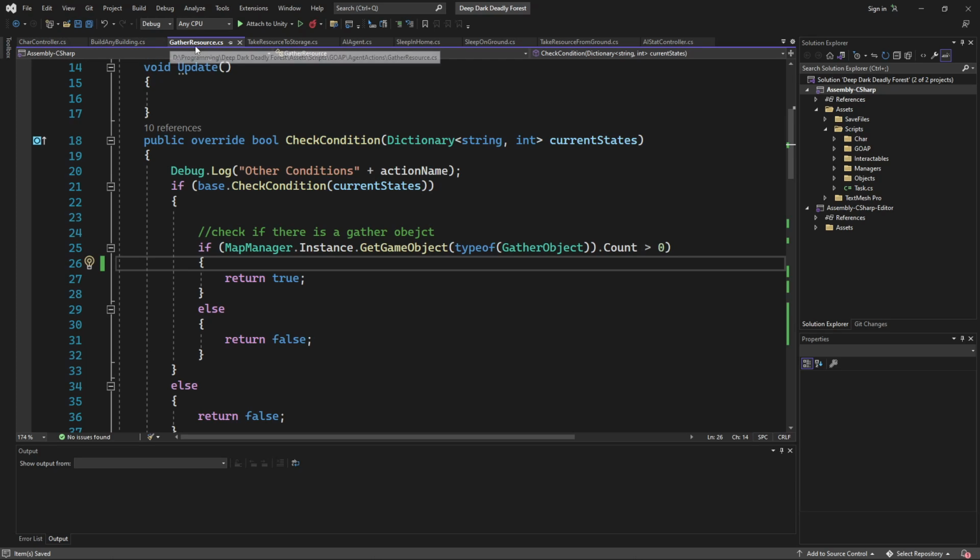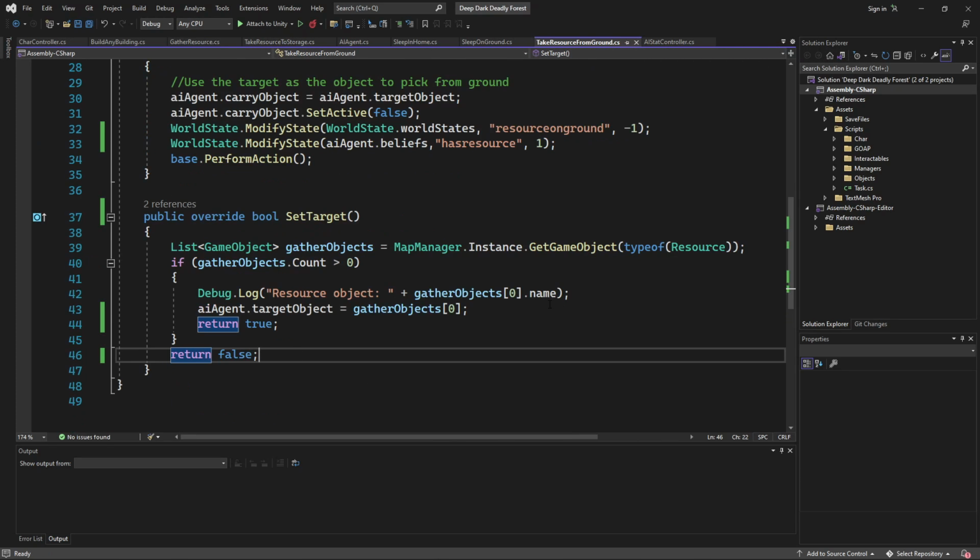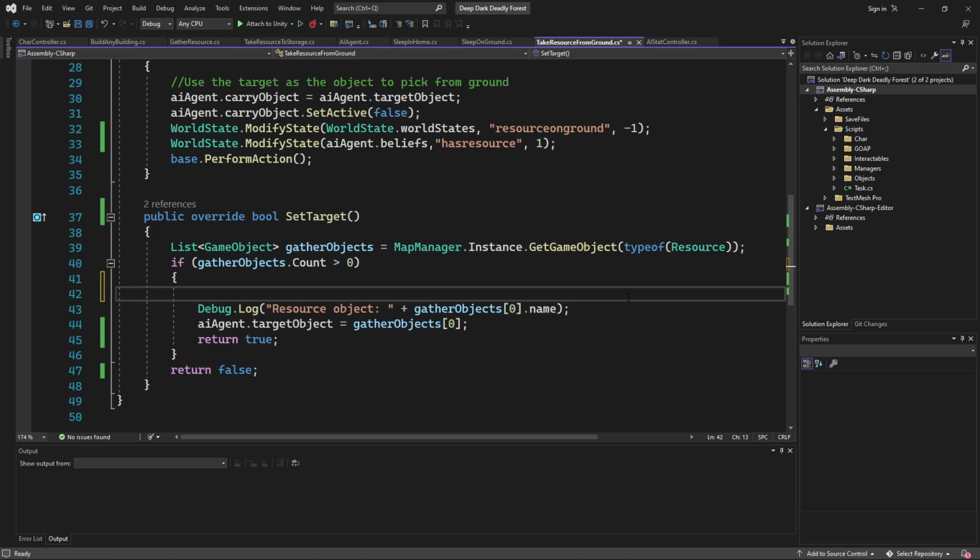So that's for the gather resource. Now we want to do take from ground. And we're going to do the same thing. Actually, how are we going to do this? Resource.